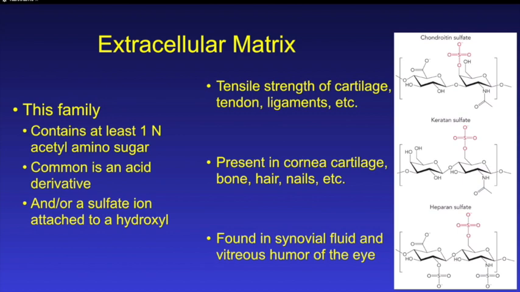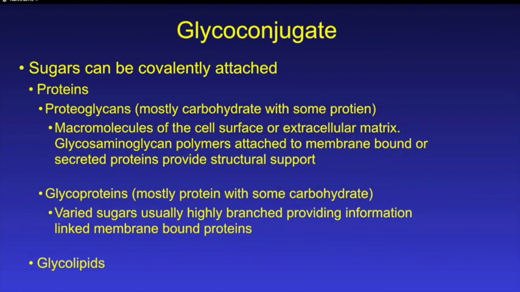Most of the time these components have at least a charged residue and quite often have nitrogens in place of hydroxides. The glycoconjugates are those that have the proteins that are either